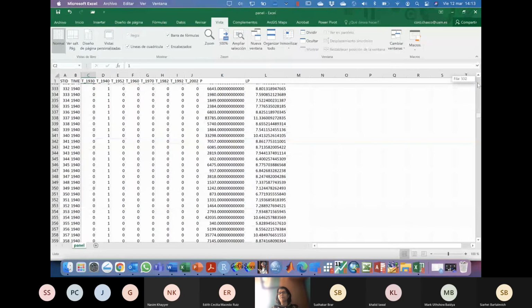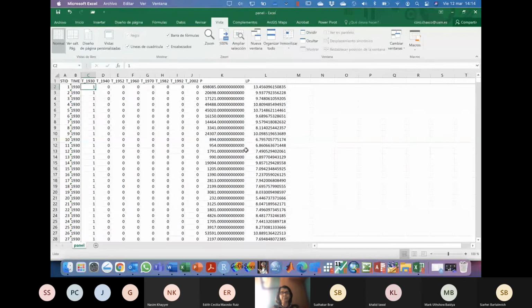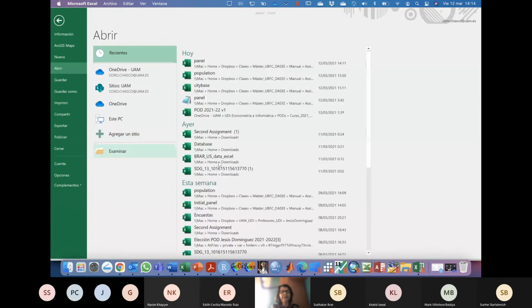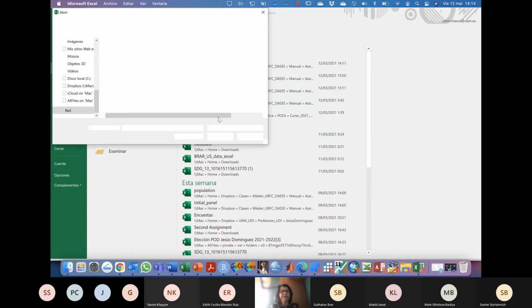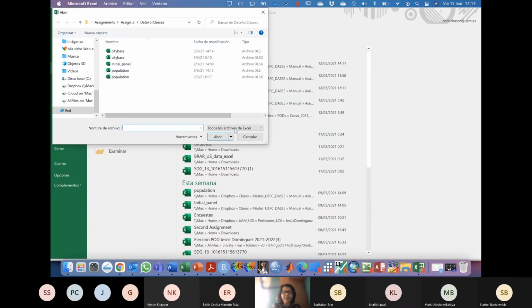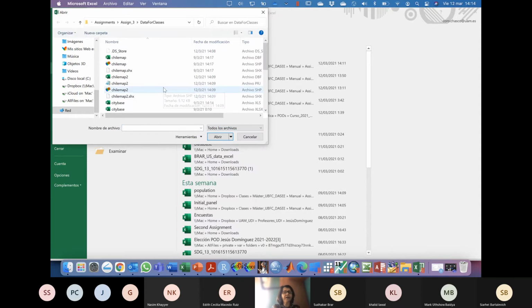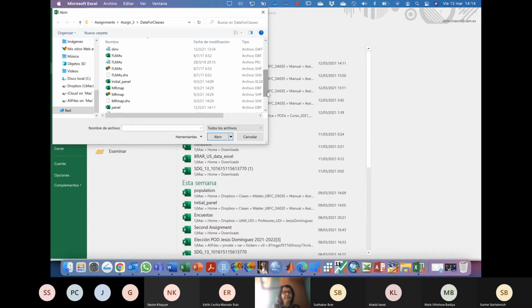But the most important thing, perhaps, is not this pooled data set, which is also important, of course. But for me, it's very interesting to have, in the same way, stored here in the examine folder, not only the Excel archive but all the files. And what I have here is, let's go for the panel. The panel, okay,